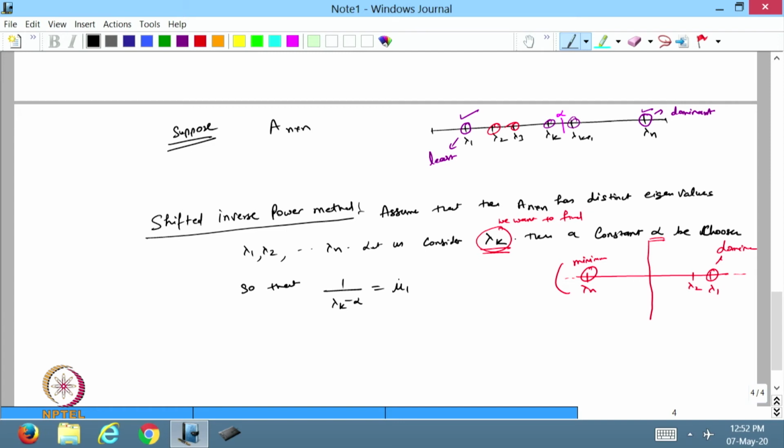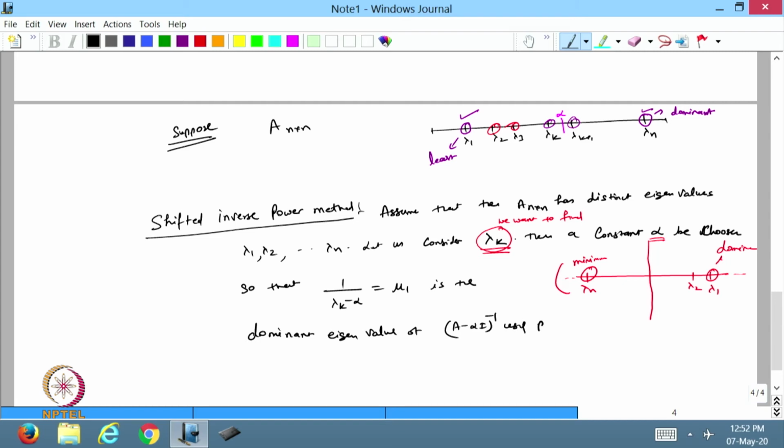Then what will happen is that this is the dominant eigenvalue of A minus alpha I inverse,